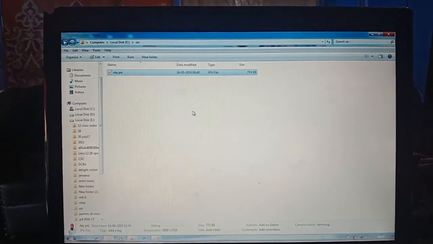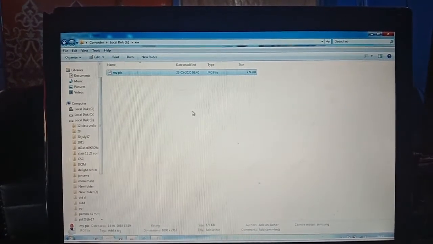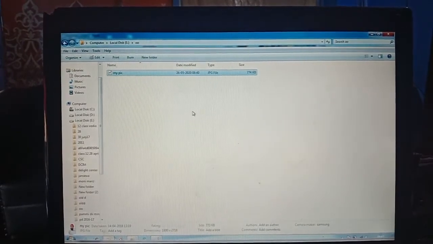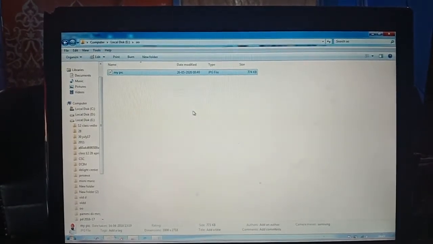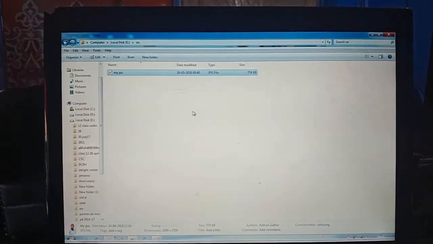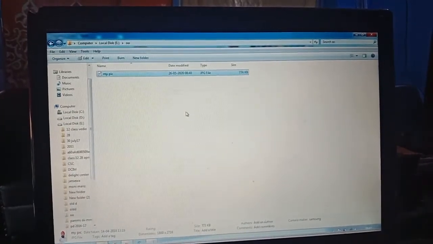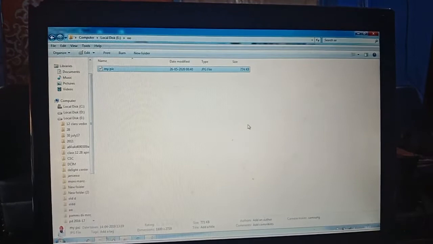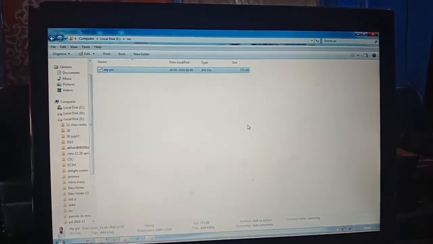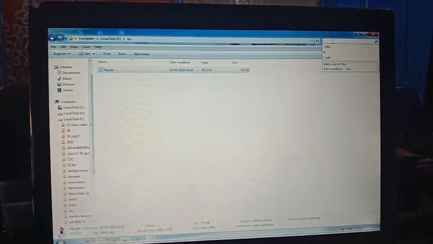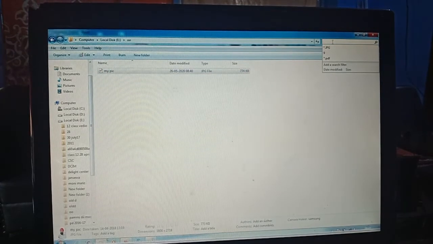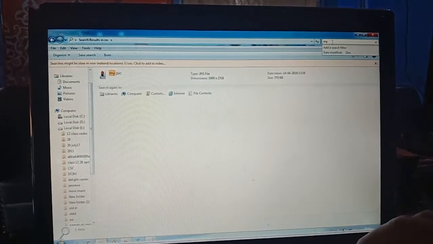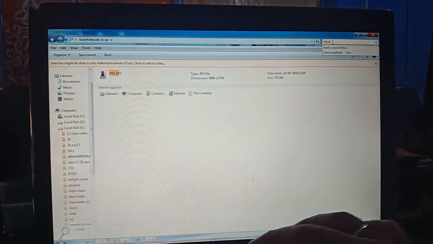After cut and copy, the next option is searching. We have used a mypic file of JPG format, and now we want to search where it is. Go to the search option and type mypic space pic.